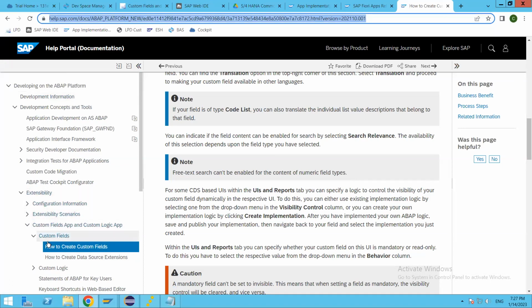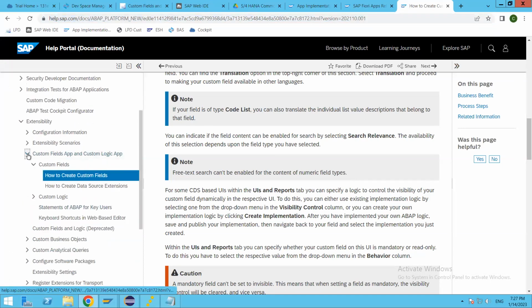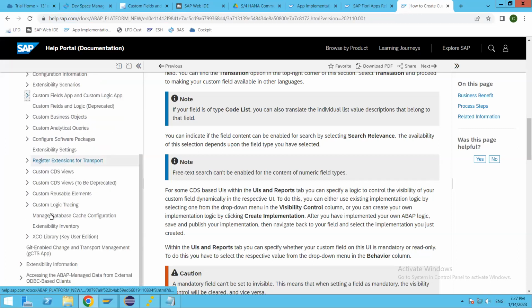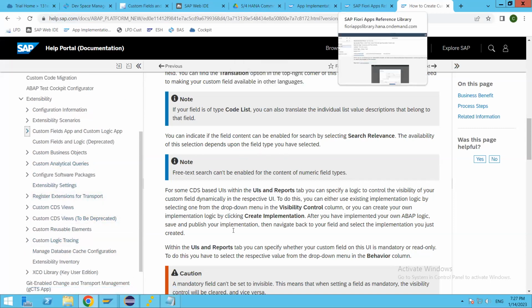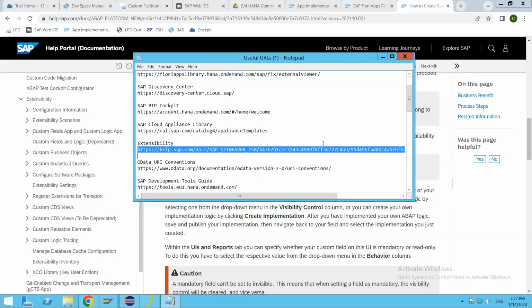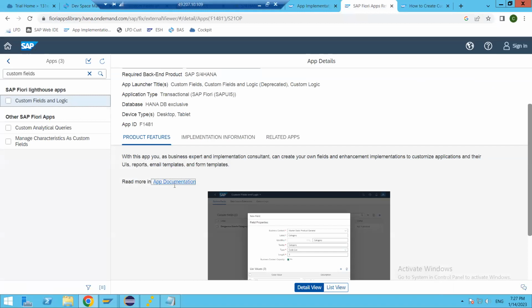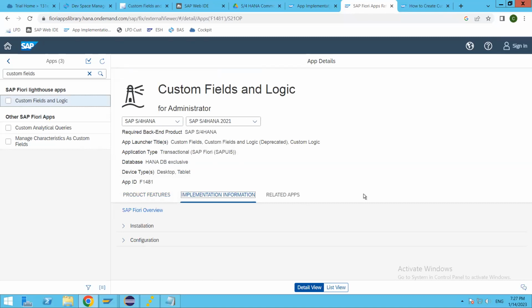So with app specific implementations, we have still more applications that we can use in our extensibility catalog. So we have navigated from here with this app documentation, a link available from the Fiori apps library. But if you go to implementation information,